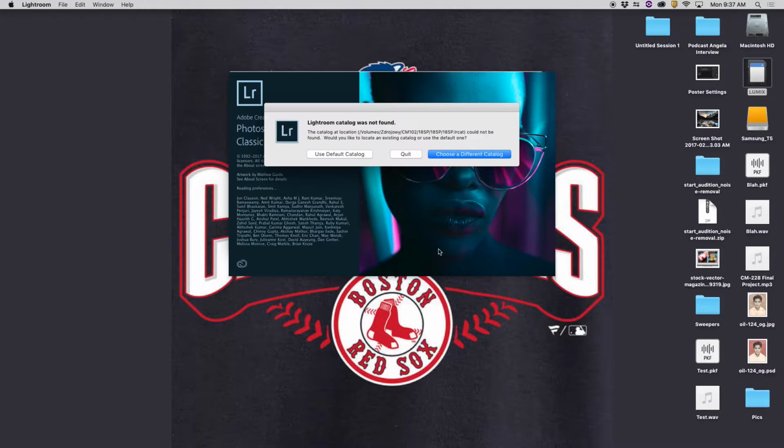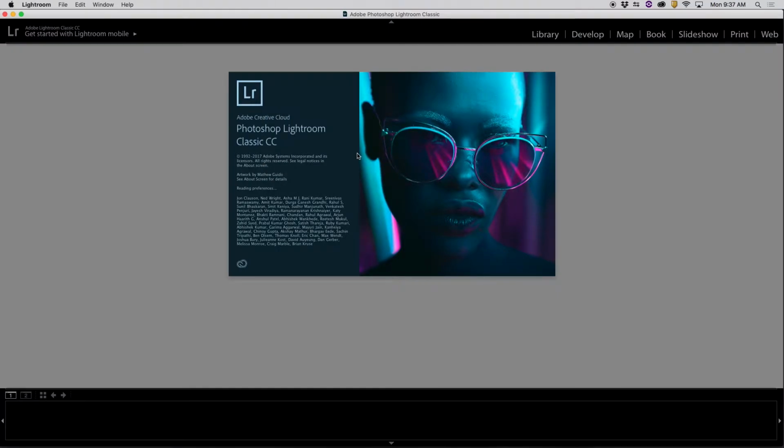By default, a lot of times, any program that creates a catalog, they've already created a default catalog on the computer itself. We don't want to do that. We want to make sure it's on our external hard drives. So I'm going to walk you through. I'll just say use default for right now. But once I'm in here,